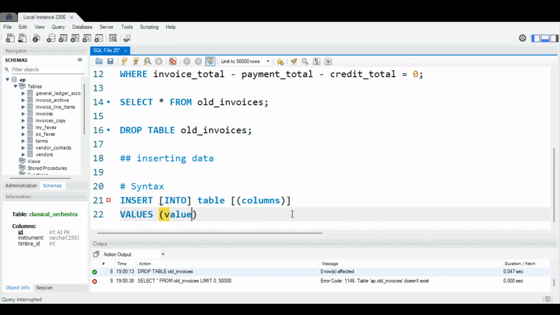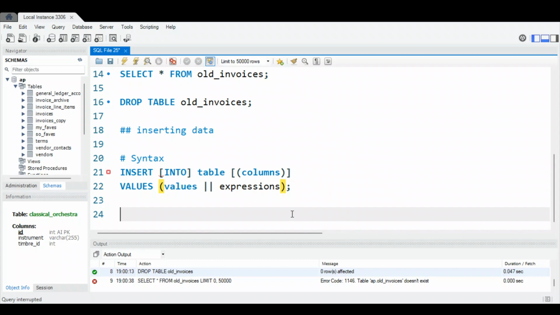I'll put values or expressions, because sometimes it's expressions. And that's it. It's really quite simple. In some ways, select is more complicated than insert into, in some ways. So let me go ahead and switch over to Fave Foods here for a second because these are